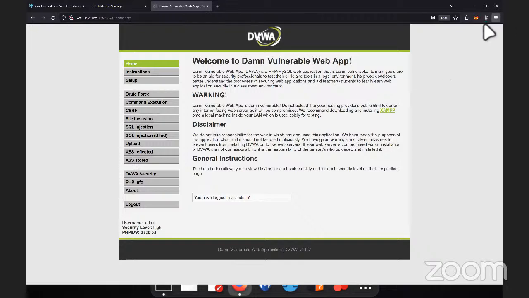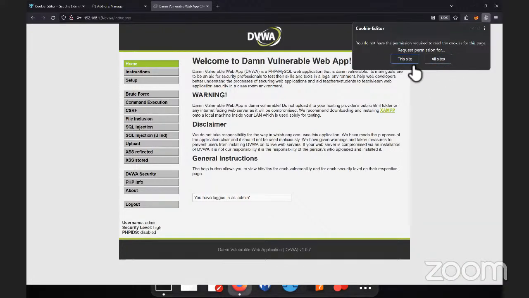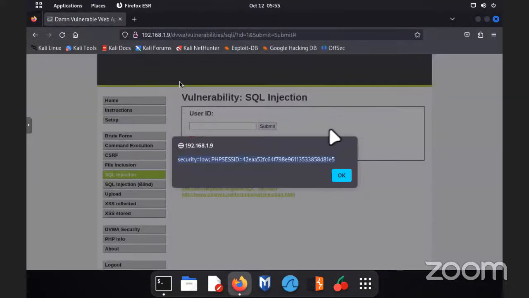Okay, I have cookie editor on the top, you can see. When I click on it, it asks me permission. I provide the permission. There's something wrong with this extension. It is not letting me click on anything. Ignore it, guys. We can do it with the